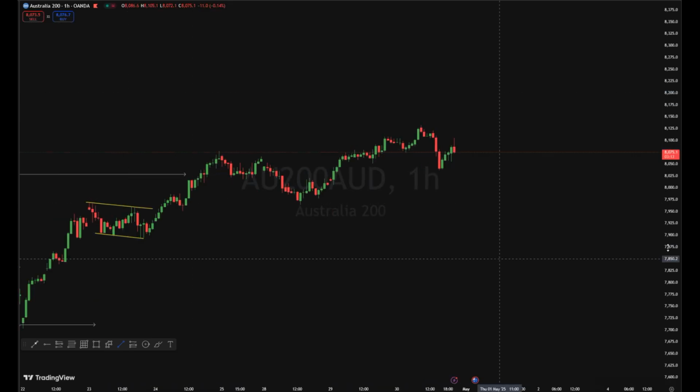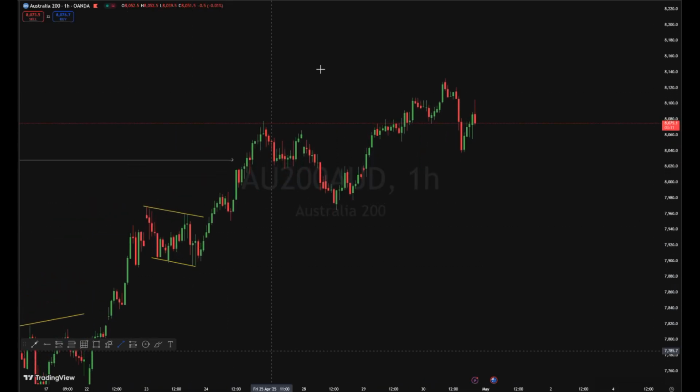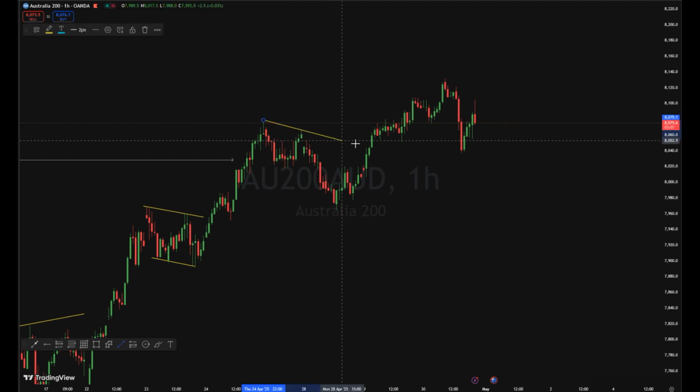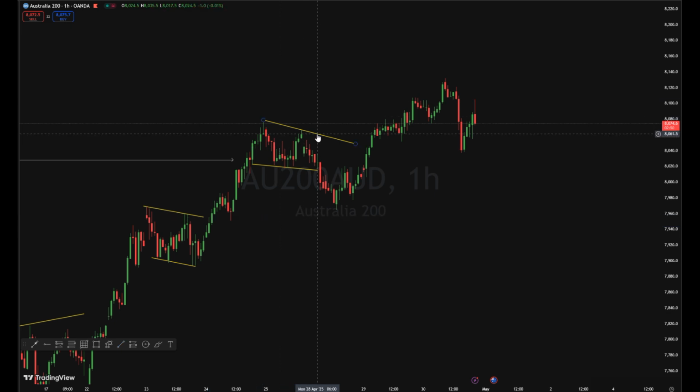So right here, this structure, a 2-touch structure, actually a 3-touch structure. But then we didn't commit to break, and also we didn't break this hook point right here, which tells us that this is a risk entry, guys. If you are in a drawdown, do not take this kind of entry, whereby you have a clear structure but you do not have